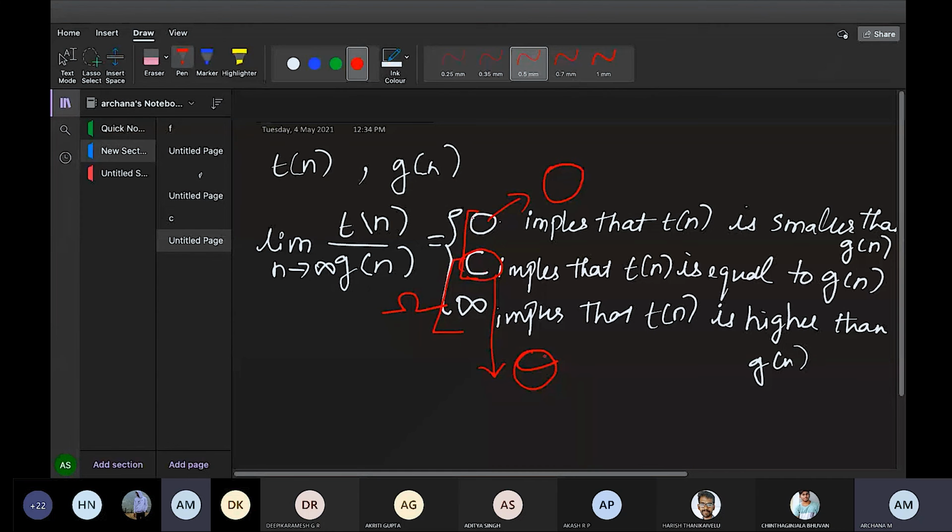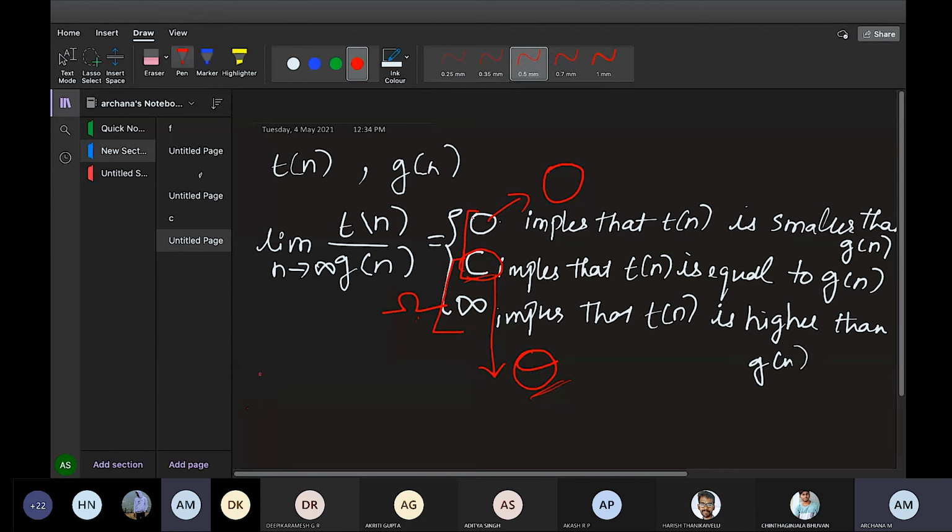This is a technical question they'll ask you. Either 0 or constant belongs to big O. Either constant or infinity belongs to omega. Just a constant belongs to theta, because theta is an average bound. Based on this, I'll write one simple example for you. They'll ask you to write these three properties and show them with an example, that's all. There is no proof, you have to show it with an example.